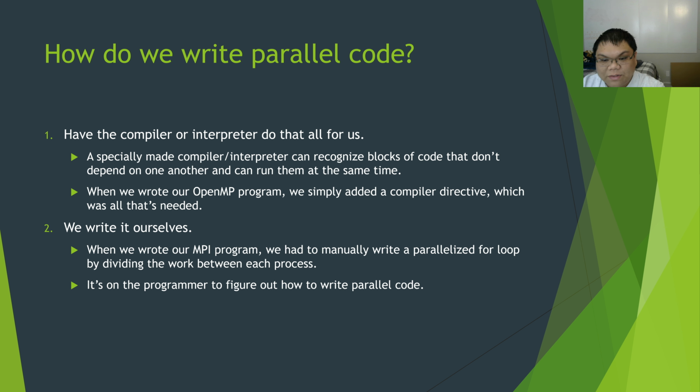This is what we did with the MPI program. We had to manually write a parallelized for loop by dividing the work between each process. So it's basically on us, the programmers, to figure out how to write parallel code. It's way easier if you have the compiler just do it all for us, but